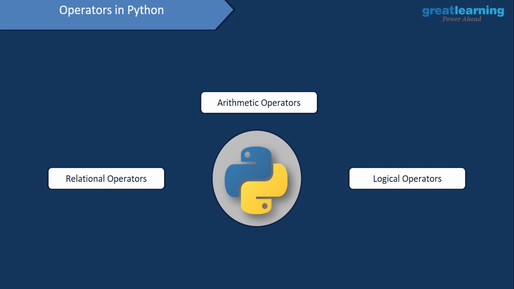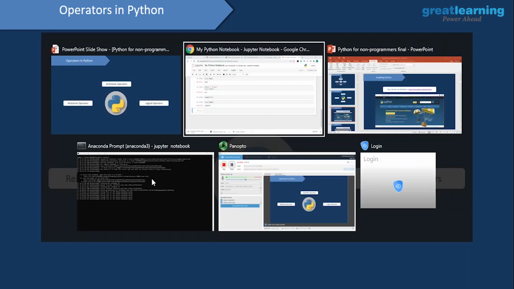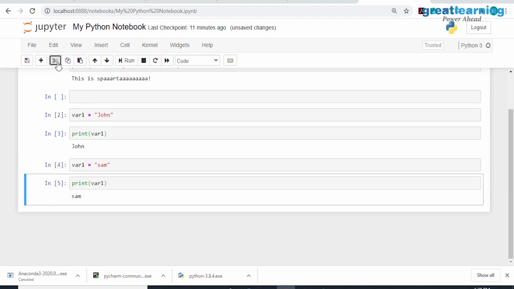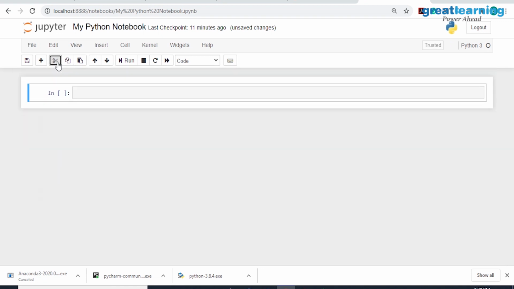As the name suggests, operators help us perform simple operations on this data. We've got arithmetic operators, relational operators, and logical operators. So we'll start with the first set of operators, which are the arithmetic operators. Let me go to this Jupyter notebook over here, and I will clear out everything present in the console. If you click on this scissors symbol, you will be able to cut out all of these cells. Now let me add a comment.